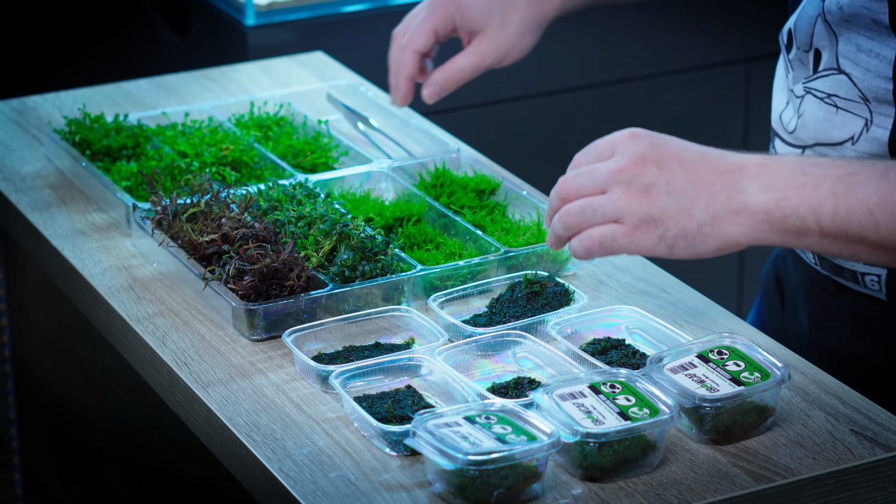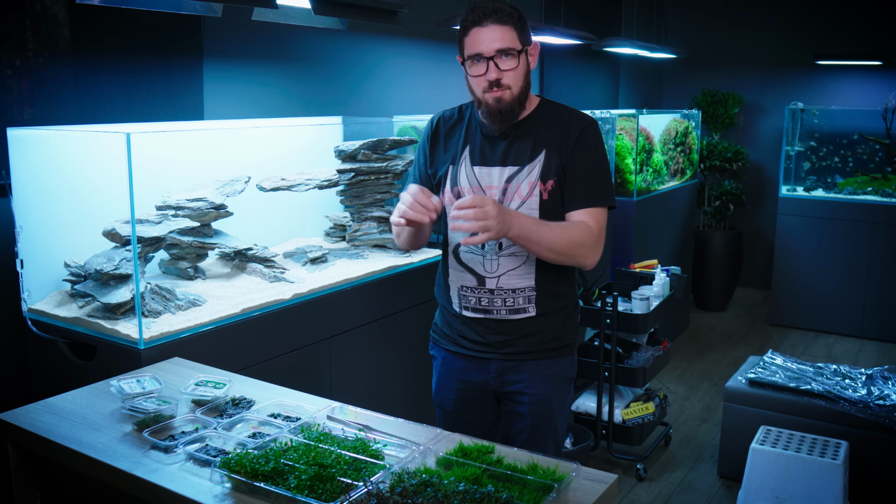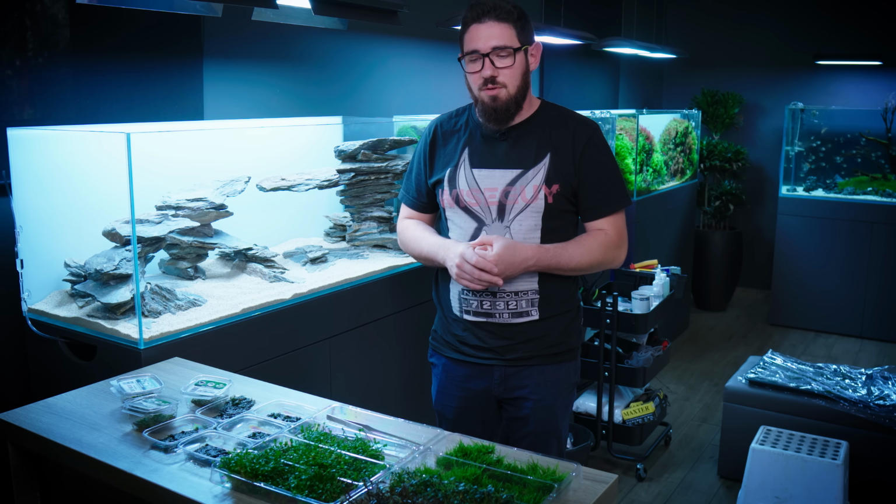I've prepared most of the plants. The rest is at the back with Ozzy. He is making all the small gluing to the dragon stones with the bonsais. I'm gonna start planting the Marsilea in the sand. Before that,